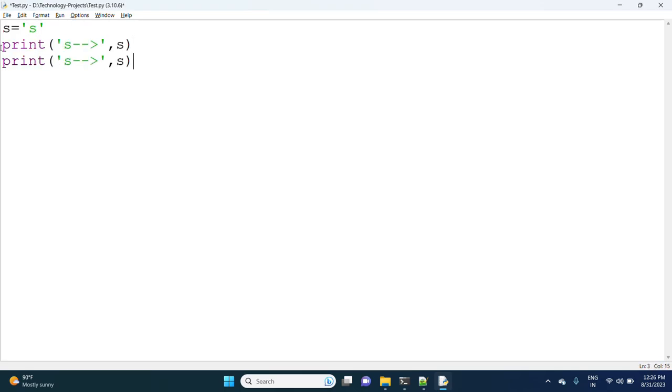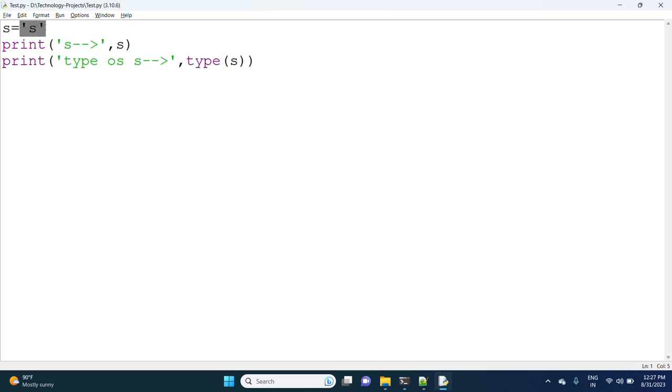Now I want to know the type of s. In most programming languages, a single character with single quotes is considered a character, but in Python there is no char data type.